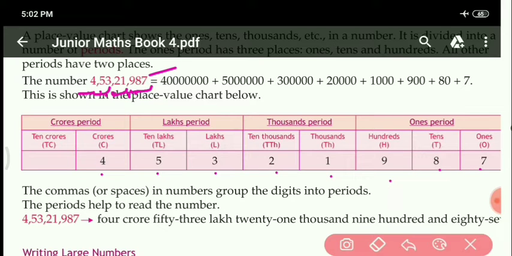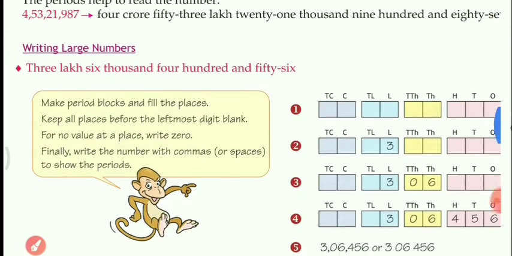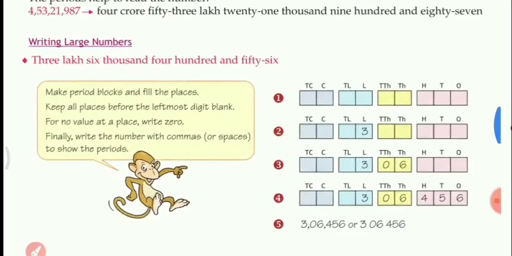Okay, so simply, first we write the periods, then the places, and then arrange the digits in columns according to place. And always write the digits from which side? Right to left. Okay, here 7 is in the ones place, 8 in the tens place. Look at the hundred place, 9 is given. Similarly for the other digits. Now let us see another number and how to represent it in the place value chart.